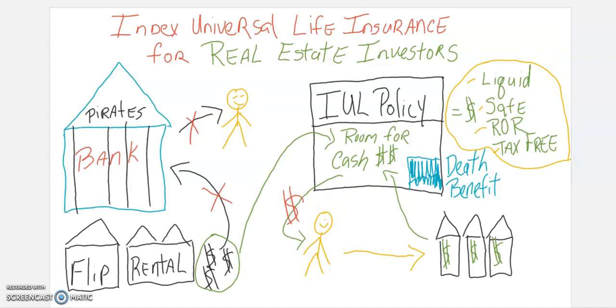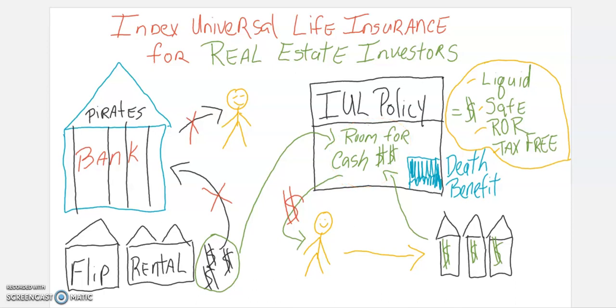So you go out, you do your next flip, your next rental, and instead of going into the bank, let's say we're going to fund the policy, right? Then when we need money, we're going to take a loan back out to ourselves. What are we going to do, guys? We're going to go do our next project. We're going to put the money back in, and we're just going to do this nice circle right here. And all this while, cash is going to just grow inside the